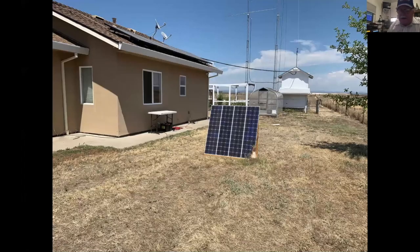Okay, outside of my shack are the solar panels I used for Field Day. And fortunately, we weren't at our ARCS Field Day site, because the batteries that I would have brought there died after about half an hour. Since I was home, I was able to swap them out and continue operating. So